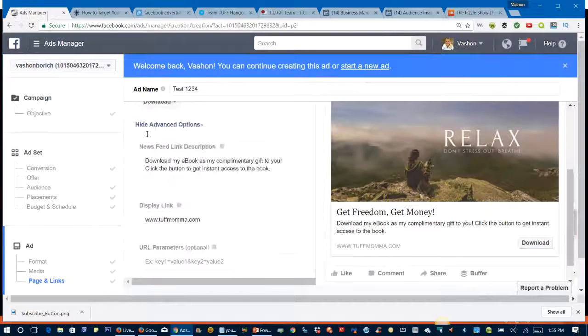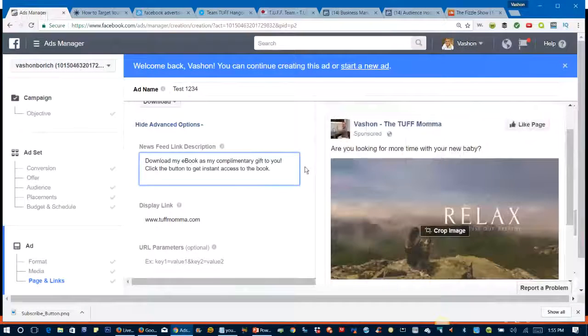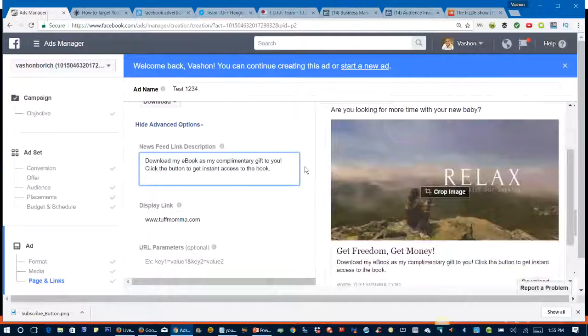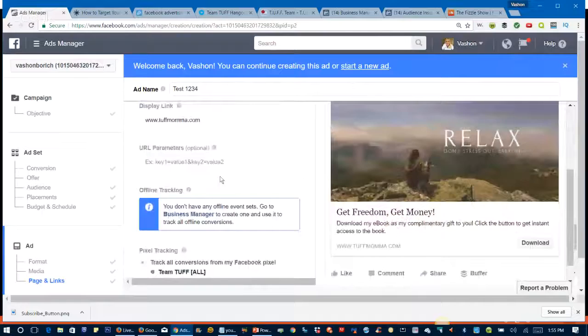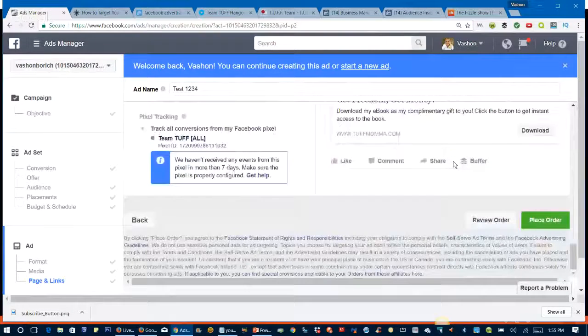Okay. Yeah, and all of the text, you can see it. Like if you're not sure which text goes where, type it in, and it'll automatically in real time show up here in this preview, so you can see if your ad looks right. Okay. Once you're happy with that, then make sure that you click at the very bottom where it says place order.